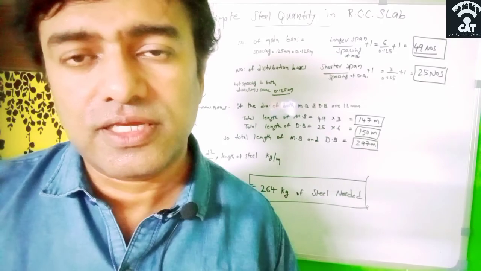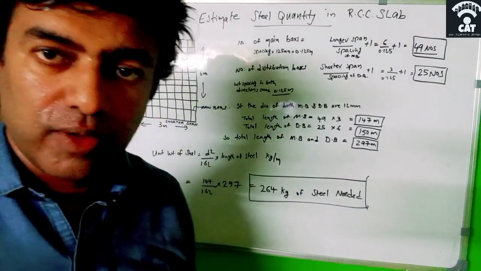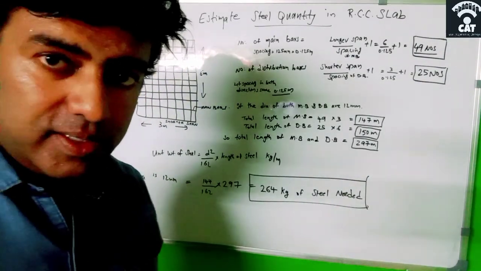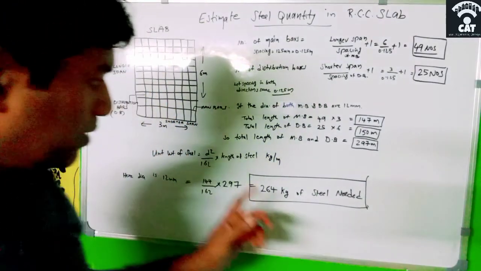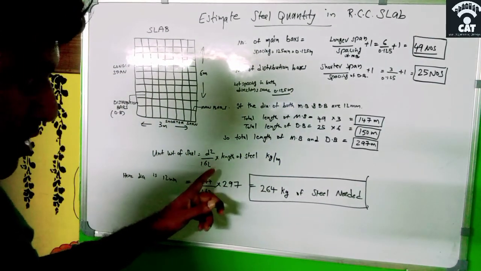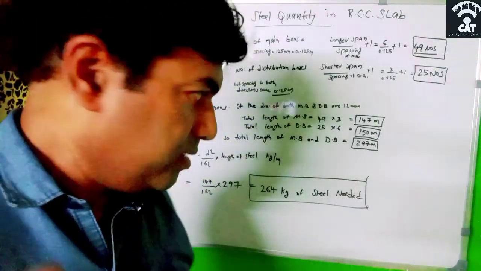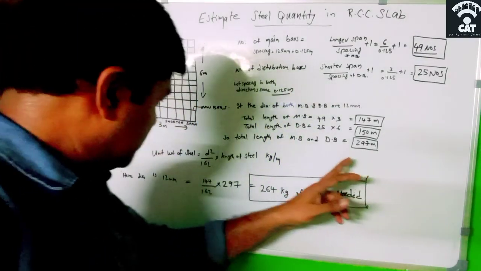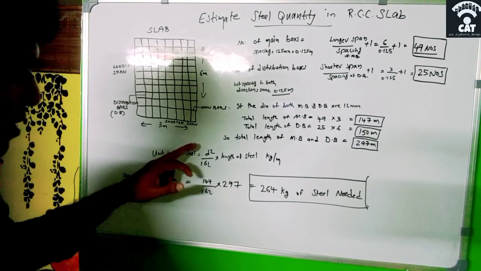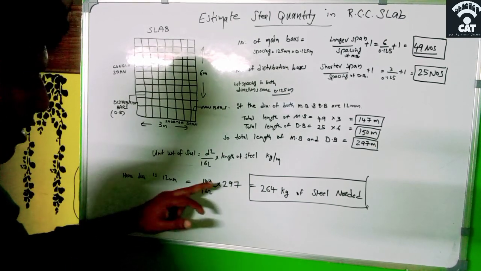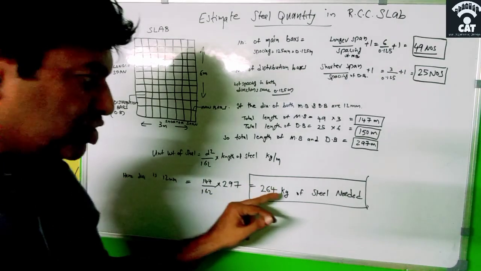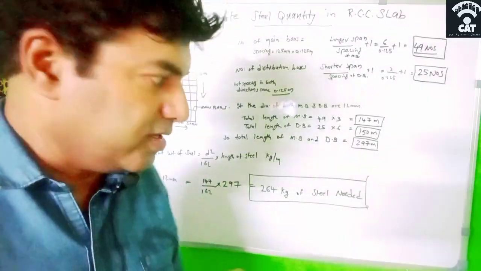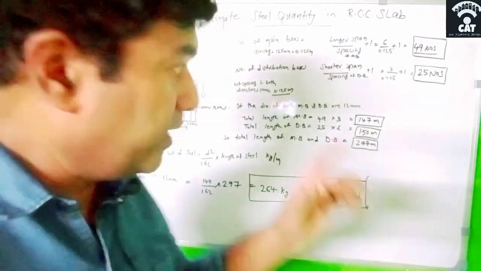For that we know the unit weight of steel is d square by 162 into length of that particular steel per meter. That is, if it is 12 mm, then d square, where d is the diameter of the bar, by 162 is a constant, into length of 1 meter of that 12 mm bar. That gives the weight of the steel in kilogram per meter. So we know the total length, which is 297. That should be multiplied with d square by 162, which comes to 144 by 162 into 297, gives 264 kilogram of steel needed. So we need the total weight. We have to go to the steel shop and say we need 264 kilogram of steel